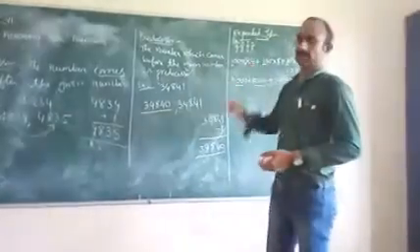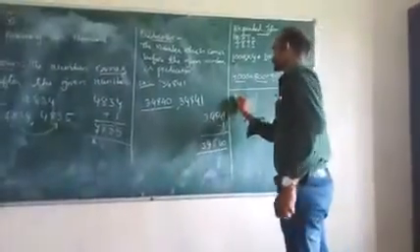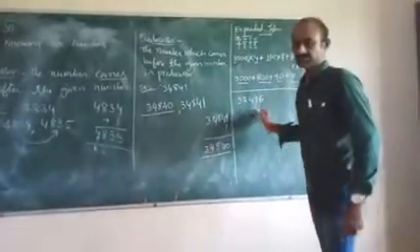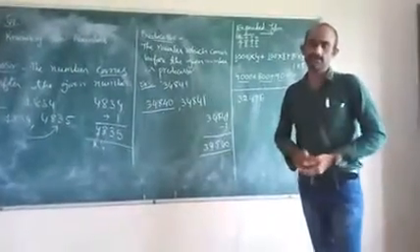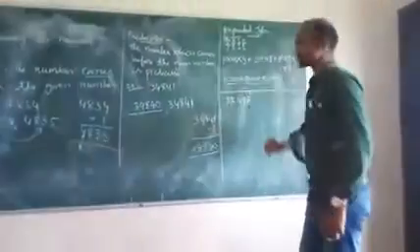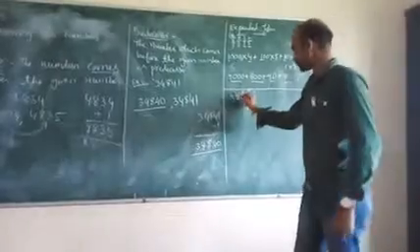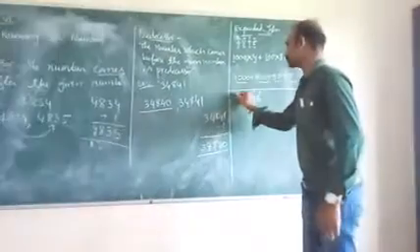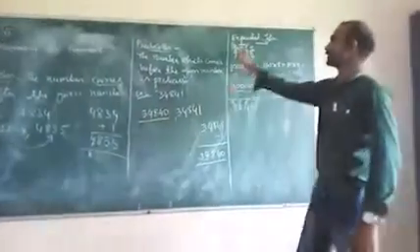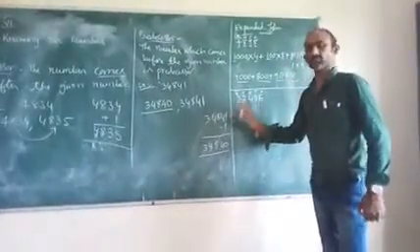Here we took a 4 digit number. Now we will take a 5 digit number and discuss. Suppose we take 3, 2, 4, 9, 6. As you know, this is a 5 digit number. Before writing the expanded form, you have to write ones, tens and everything. Here it is ones digit, tens digit, hundreds digit, thousands digit, and 10,000s digit. What is the extra place value that came? 10,000s. Here it is a 4 digit number, so we stopped at thousands. Here it is a 5 digit number, so we went up to 10,000s.